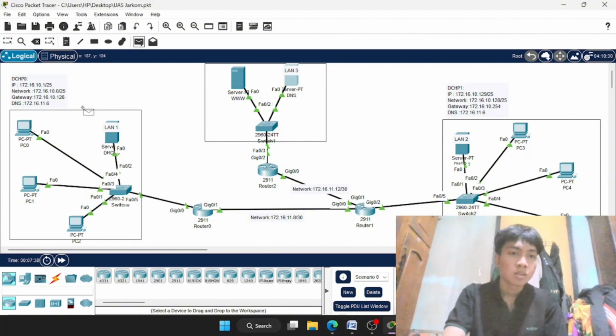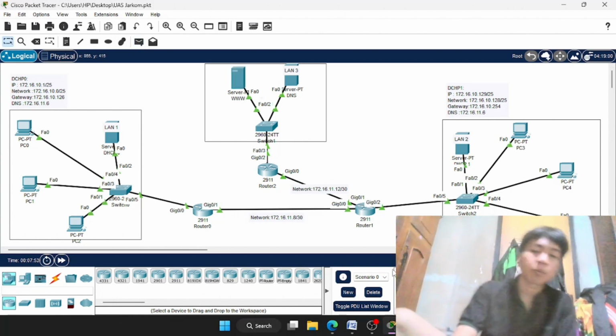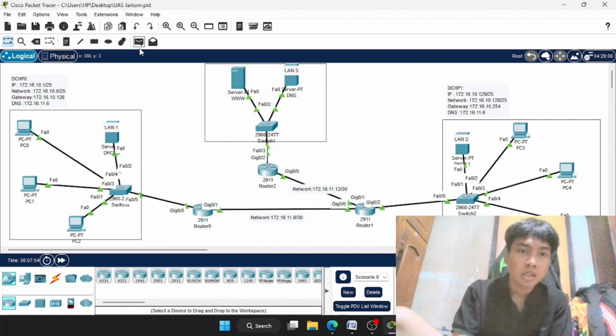Okay, now we check connectivity from LAN 2 to the web server in LAN 3. Okay, success. And then from LAN 2 to the web server in LAN 3, okay, successful.